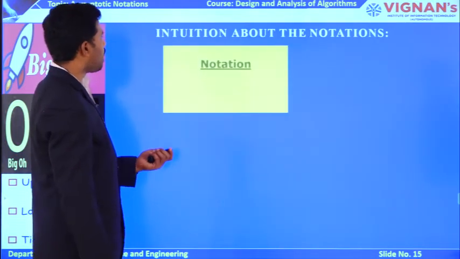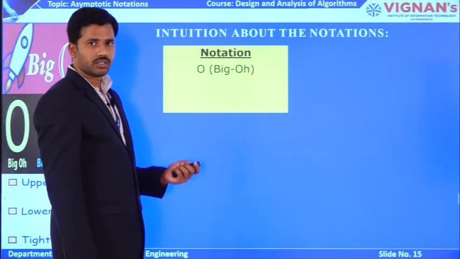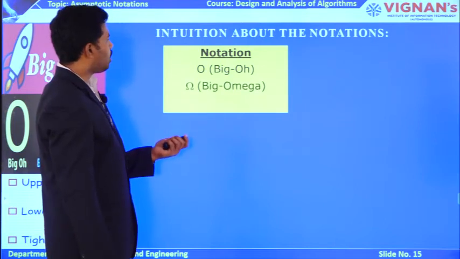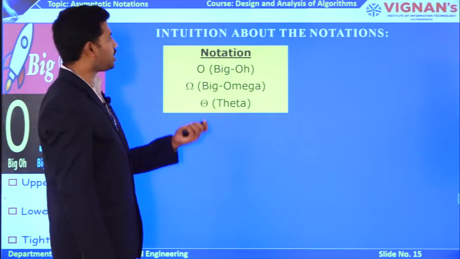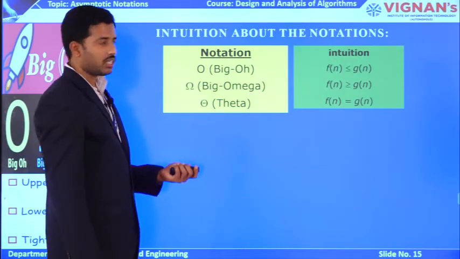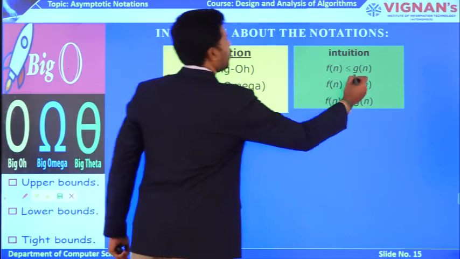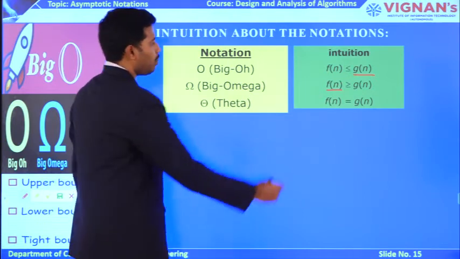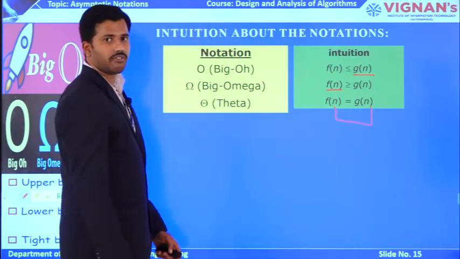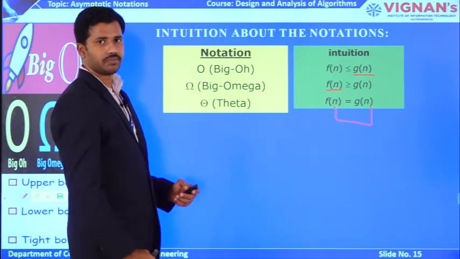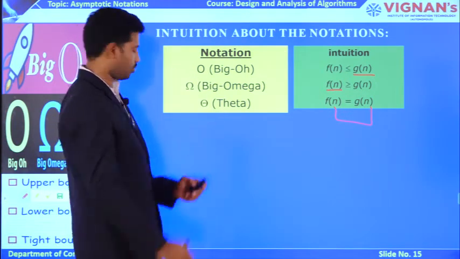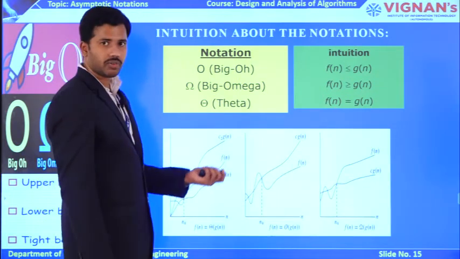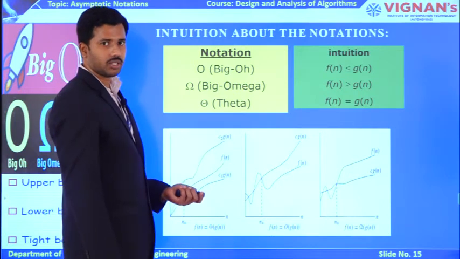Okay. So as of now we have seen the main 5 notations. Among the 5 notations, the first three are very important, which are big O, big omega as well as theta, and the relations are f of n less than or equal to g of n. So in this relation, g of n must have a higher value. In the second relation, f of n must have a higher value, but in the third relation, f of n as well as g of n can grow parallelly or equally, at the same rate. Okay. So this is the graphical representation of the relationship between best case, worst case as well as average cases.